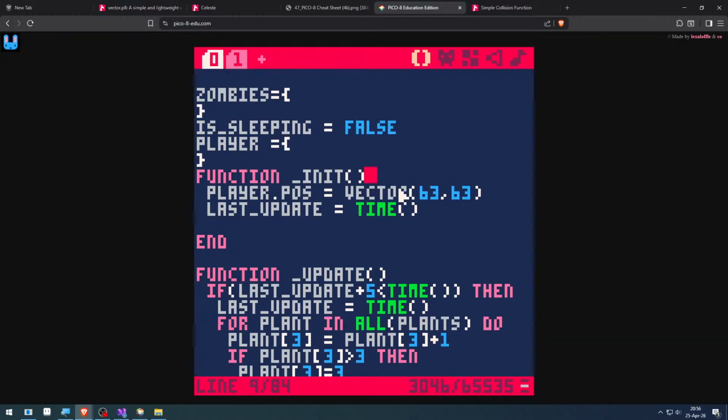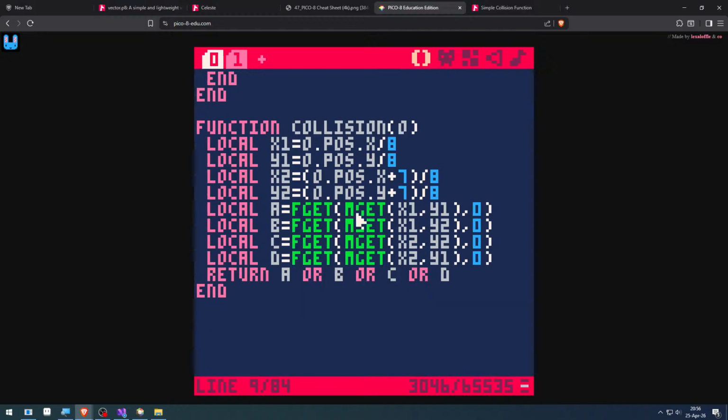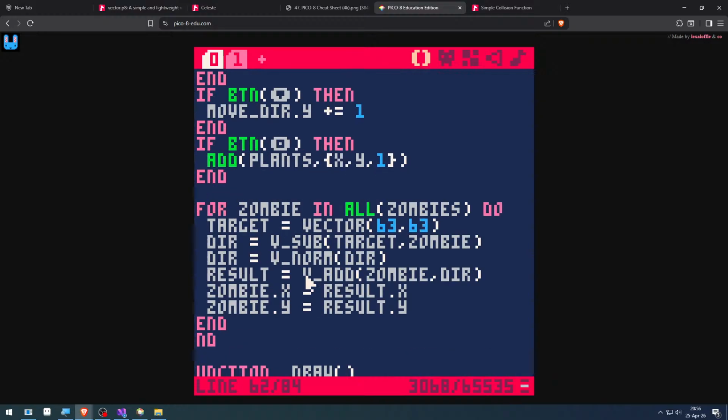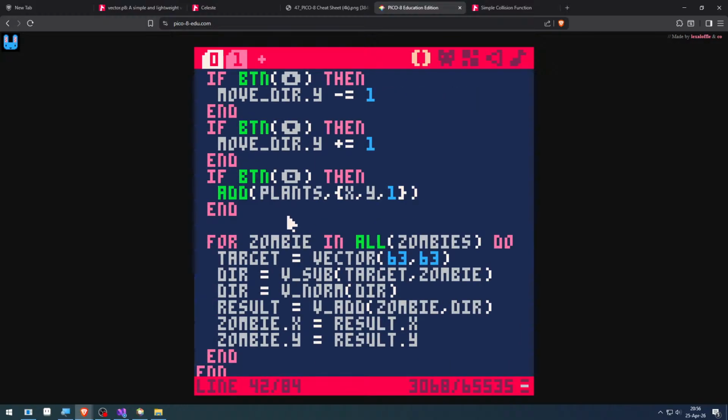And then when we draw him, where is the draw function? Here. Player position x, player position y, and I need here in the update move player, move direction, and at least it's moving,